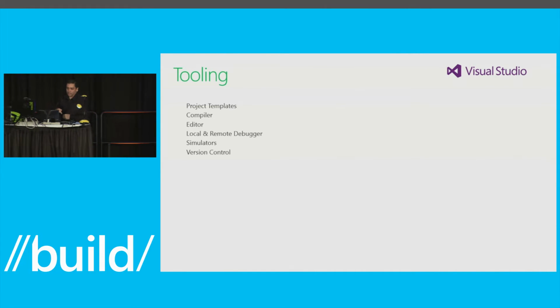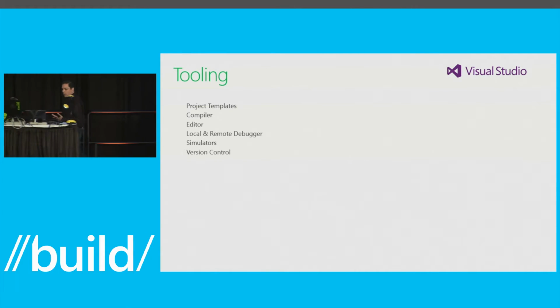We're going to have you go into some Visual Studio sessions this week until you admit that we are the best IDE out there. No, but the interesting thing is that everybody tells me you have a great code editor. You have a really great debugger. Everybody loves, for example, our local and remote debugging.